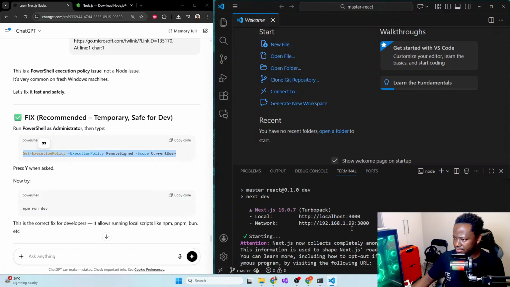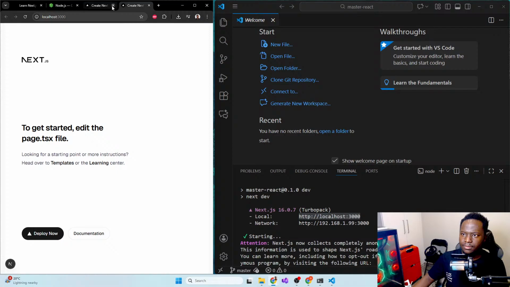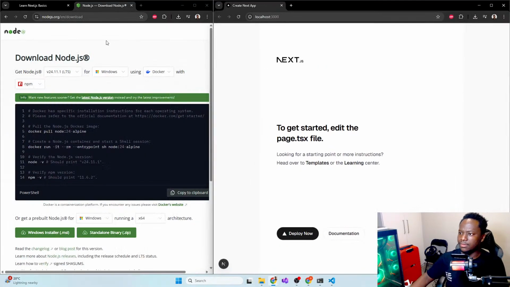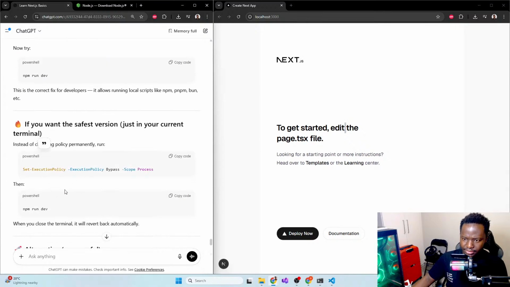So already it's running on this side. Okay, it's the same thing. So this one, let me just put it in here as well. So to get started, edit this page, and then templates, learn, documentation. So this is just the basics. Okay, now since it's running,